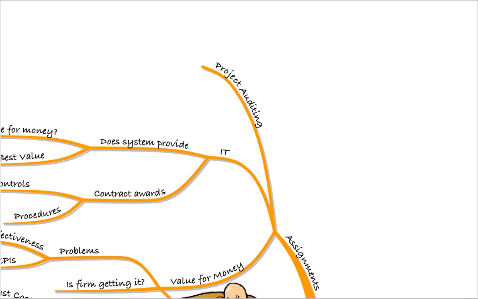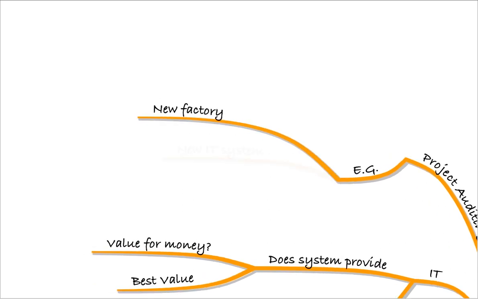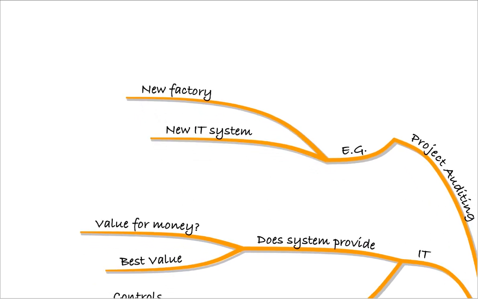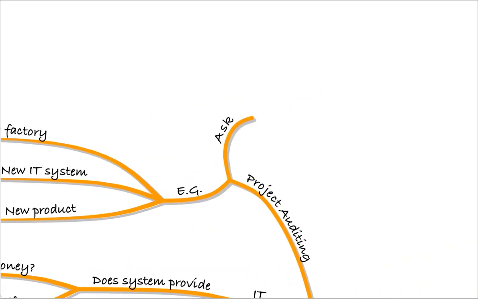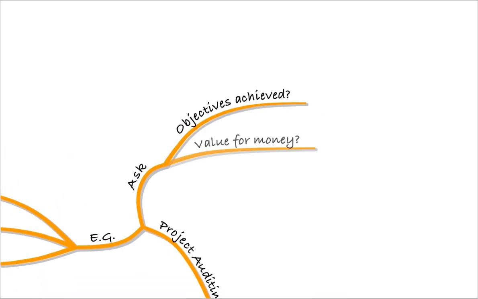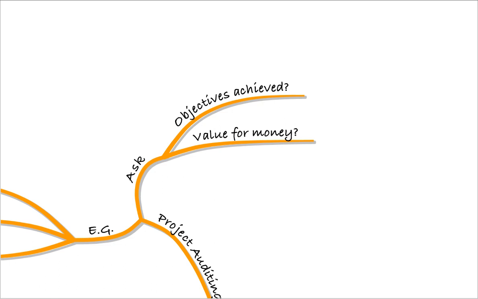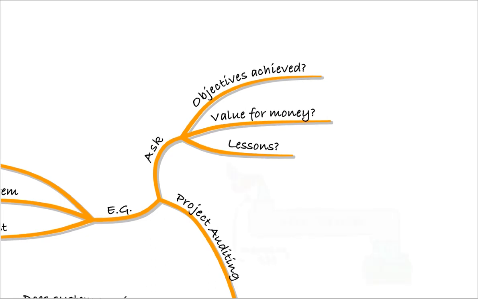Also, project auditing. So what we're talking about here is maybe a new factory is being built. They've got that new IT system, or they're using a new product or producing a new product. Well, what internal audit might ask is, are the objectives achieved by that project? Did we achieve value for money through the project? Are there any lessons to be learned by carrying out that project for future projects? So those are the sorts of things that internal audit will look at if there's been a project carried out